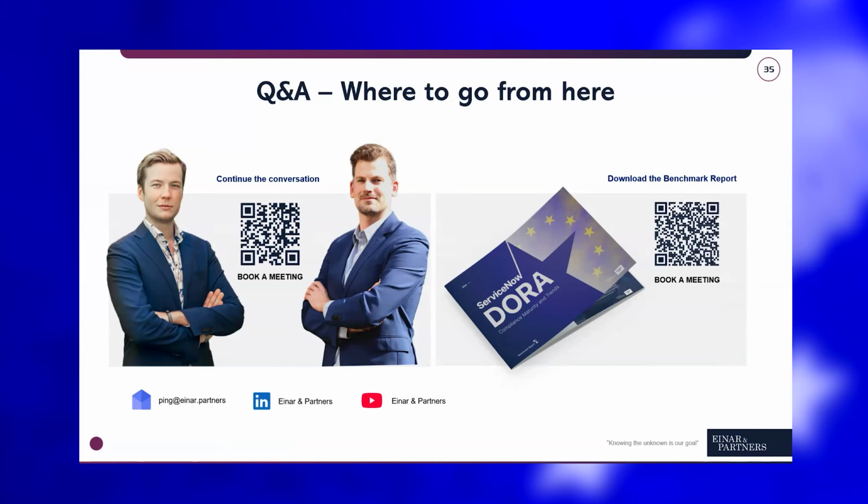But more importantly, what we want to highlight here is this benchmark report, which we have put a lot of effort into. It's available on our website, on our research unit website. You can scan the QR code there to download it, and it dives into all of these aspects even more granularly. With that being said, we only have 1 minute left, and there have been some questions, but I think we will have to get back to those separately.